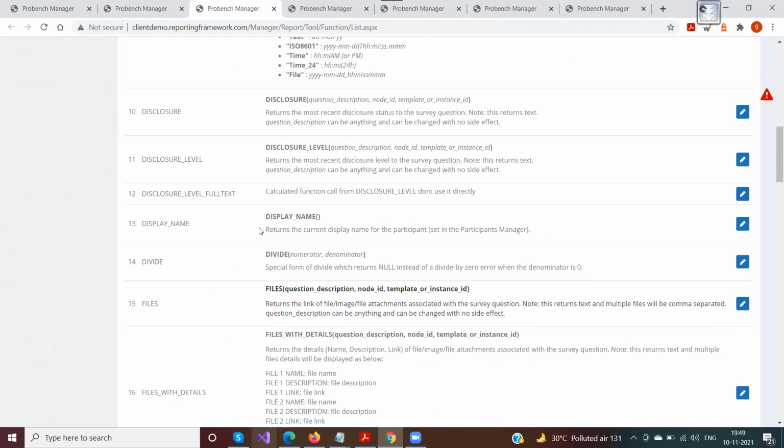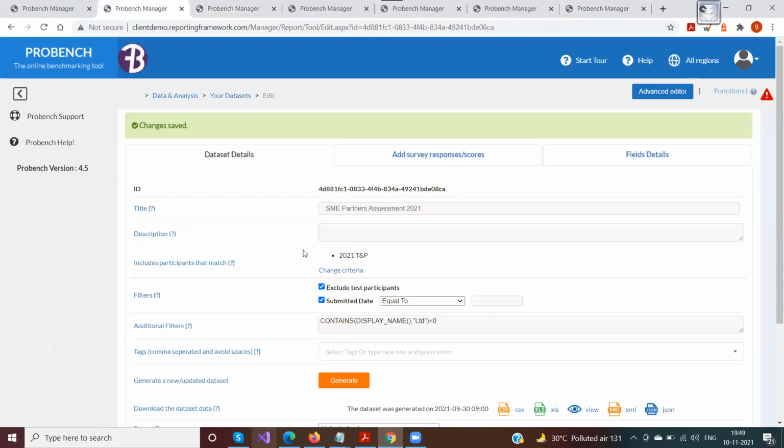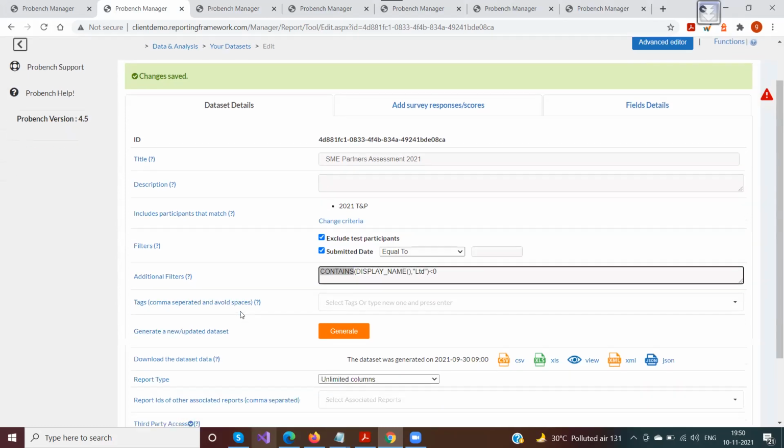Averages and things won't be usable in those filters, but things like checking the contents, or checking the name of the participant, or checking the sector in which that participant is. All those things can be included as a part of additional filters.